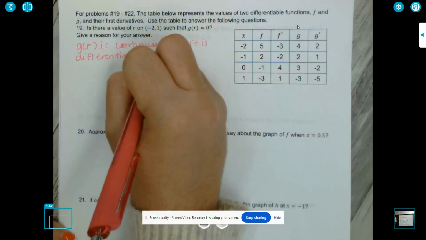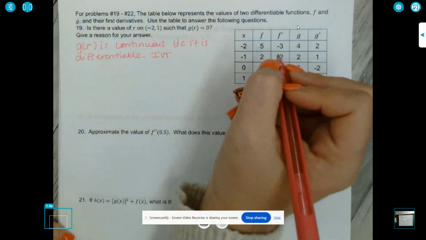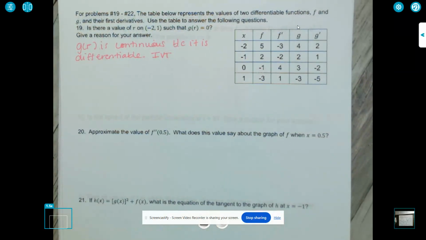So the IVT, okay, so our IVT does guarantee a value of r